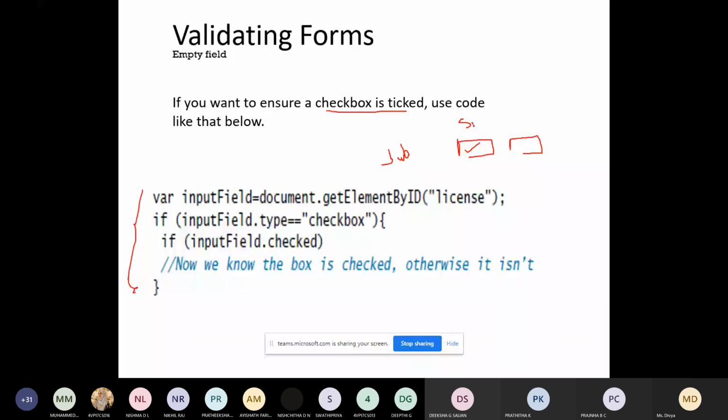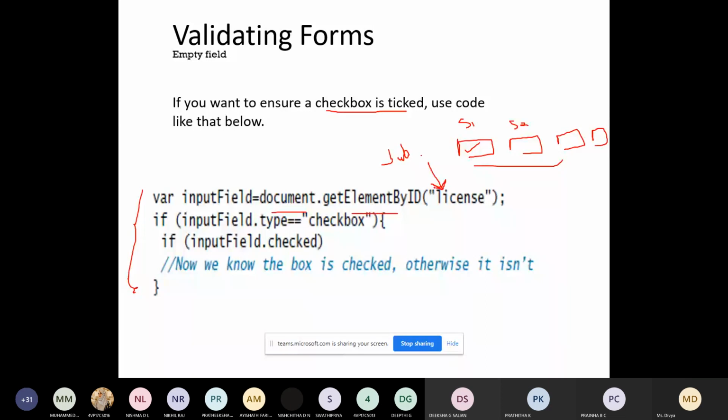Likewise, assume that you have 6 more subject checkboxes. Now you have to check whether you have ticked the checkbox or not. How will you check that? document.getElementById, and the checkbox ID is license.